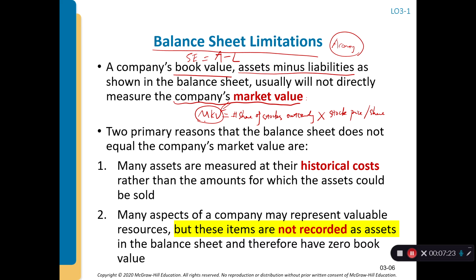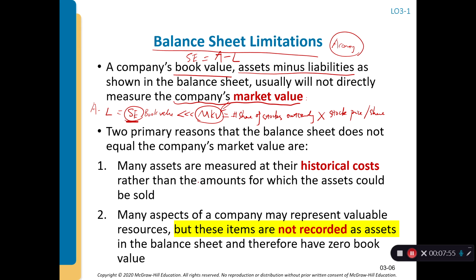But comparing the market value with the stockholder equity's book value, which equals assets minus liabilities, you will find usually the book value of stockholder equity is much smaller than the market value, if you calculate it as shares outstanding multiplied by the stock price. So why is that? Okay, there are two primary reasons that the balance sheet does not equal the company's market